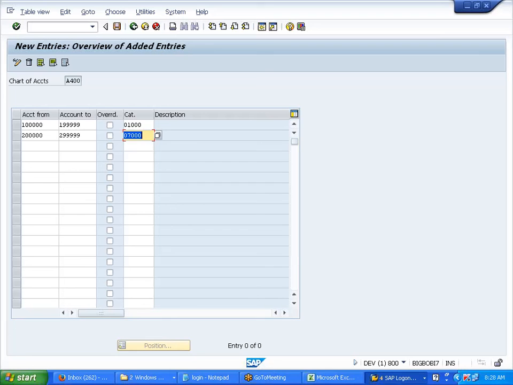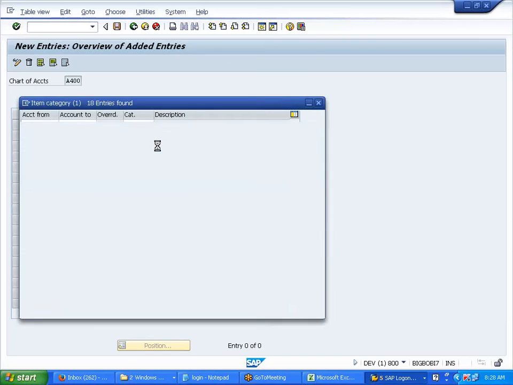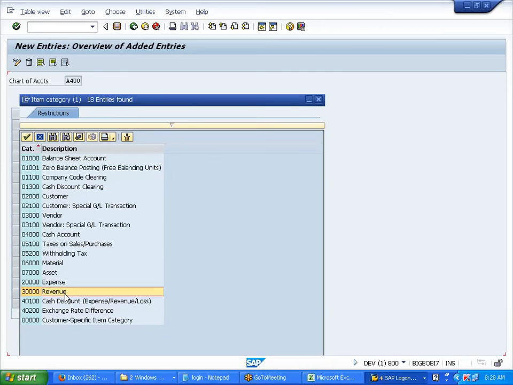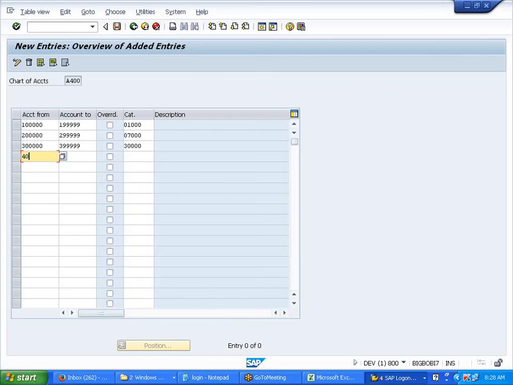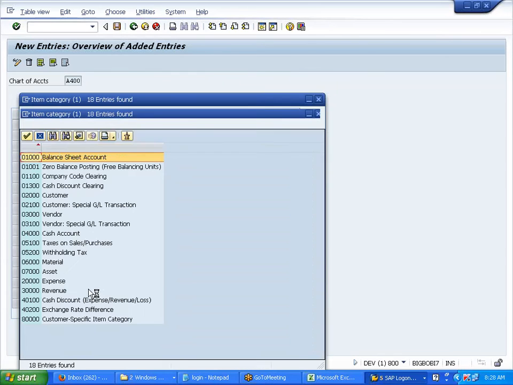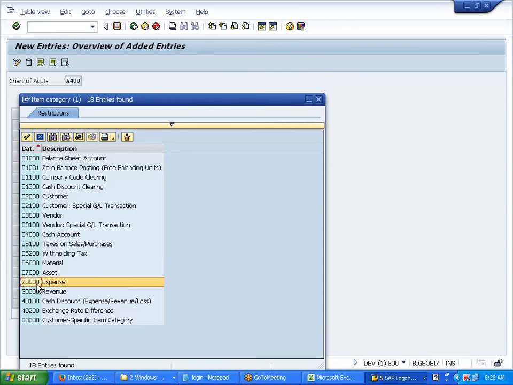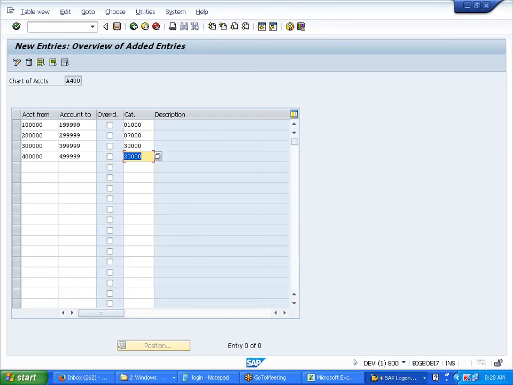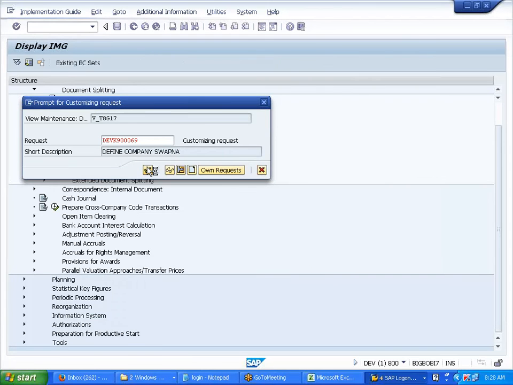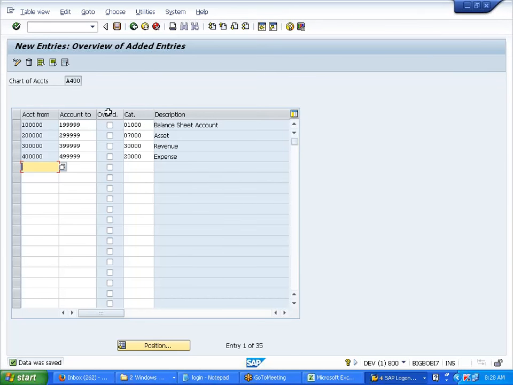Correct or wrong? 3999, revenue, right? Income is nothing but revenue. Expenses. 4 series, 20,000. Save it. At the time of the new GL concept, I'll explain this to you. Just do it as it is.